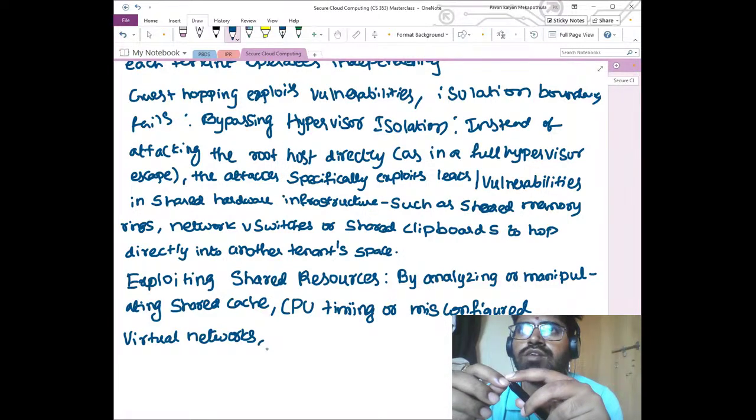Vulnerabilities in shared hardware infrastructure such as shared memory rings, network vSwitches, or shared clipboards, to directly hop into another tenant space,